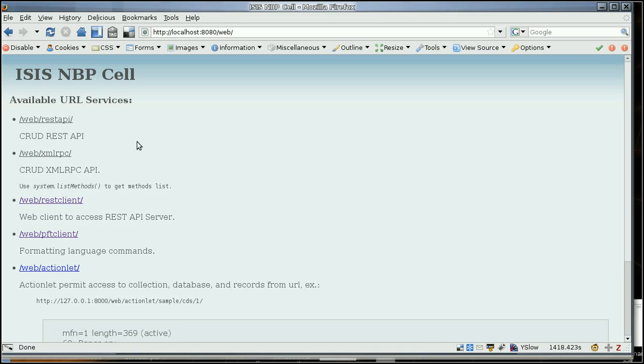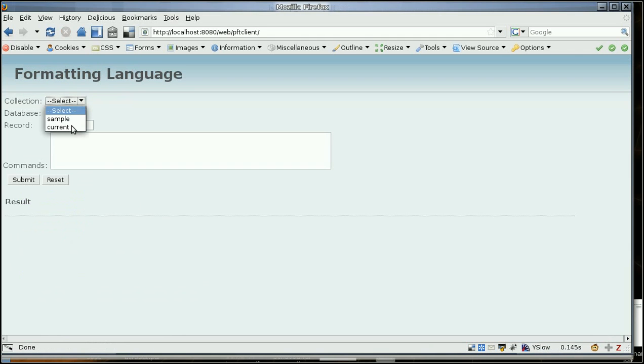There are some APIs that could be used for programmatical access, but now I'm going to show you a standard interface through which users could directly access data inside ISIS-NBP. The first one is a PFT shell that can be used to display records and format them using standard PFT expressions. You see that I'm accessing Unicode